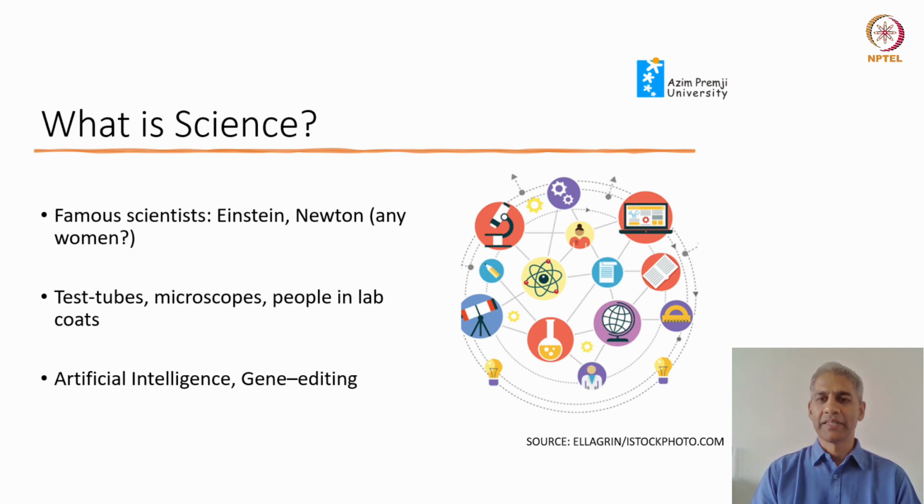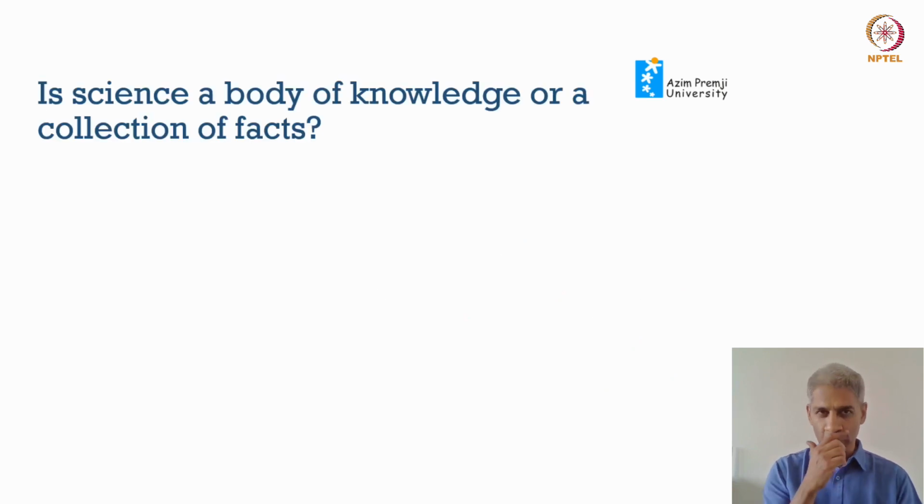So these are some things that we think about, and this image on the right highlights those very same things where you have standard pictures of science. For instance, there's a model of an atom, there's a microscope and a telescope, there's people in a lab coat, gears and beakers. But is that really what science is about? So here's one more statement about science. So is science a body of knowledge or a collection of facts, or actually is it something else?